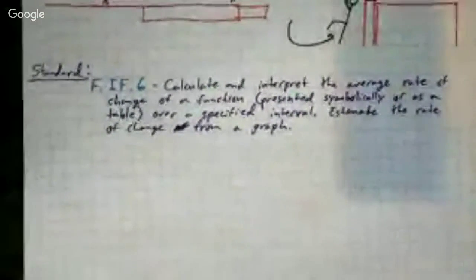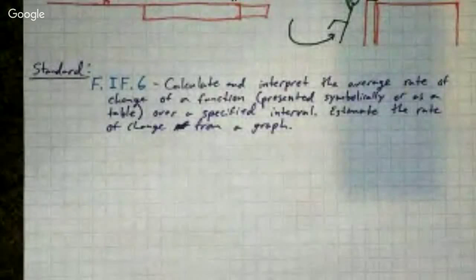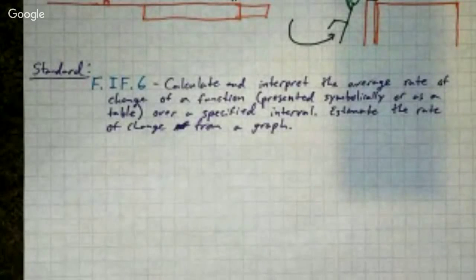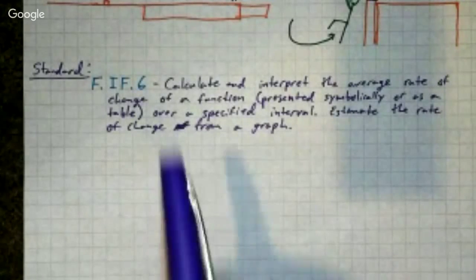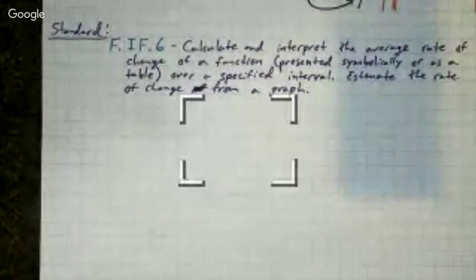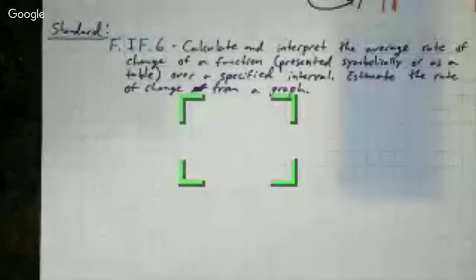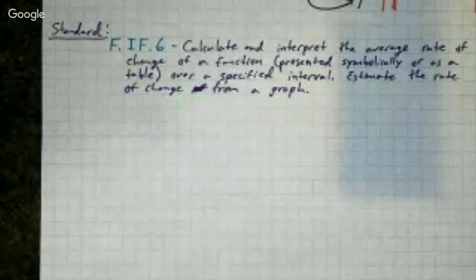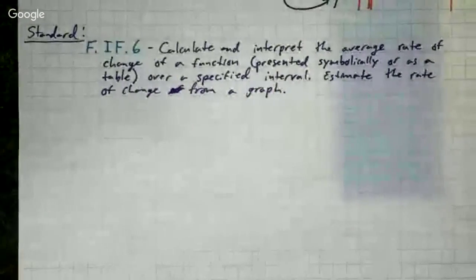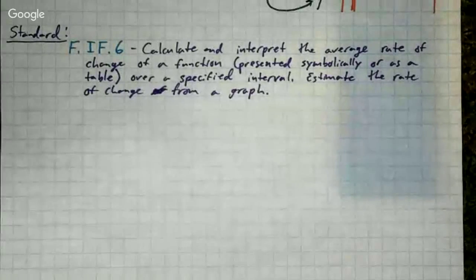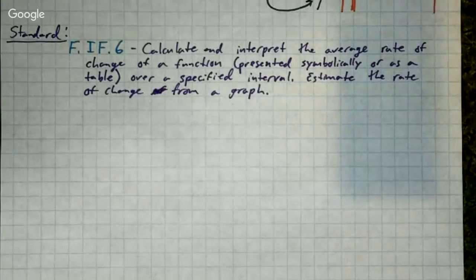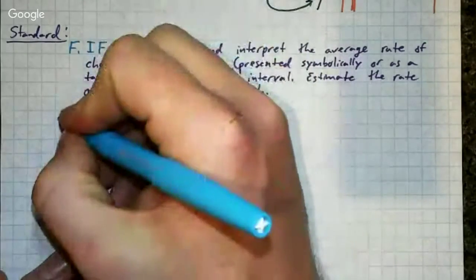All right, so this first standard talks about how we're going to be calculating and interpreting the average rate of change, which is what our title is. And we need to be able to do this not only through numbers, but we also need to go through this when we look at a graph. Okay, so that's the first thing we're gonna be working with today. The second standard is